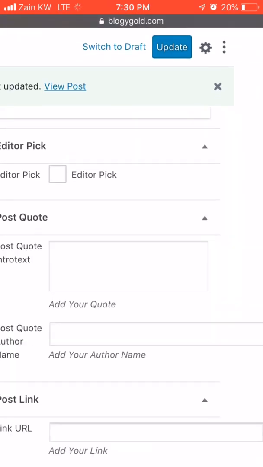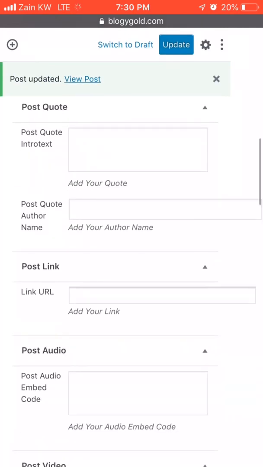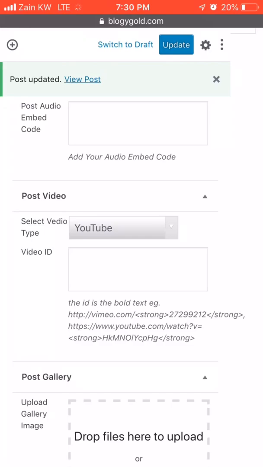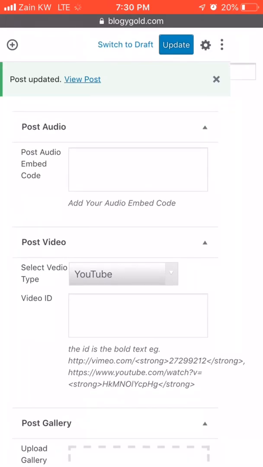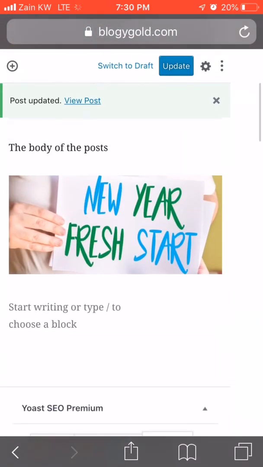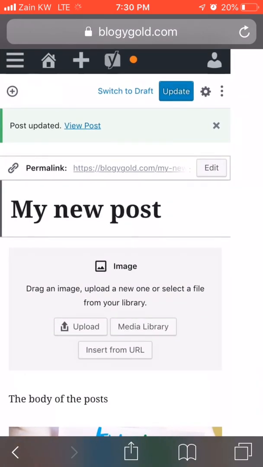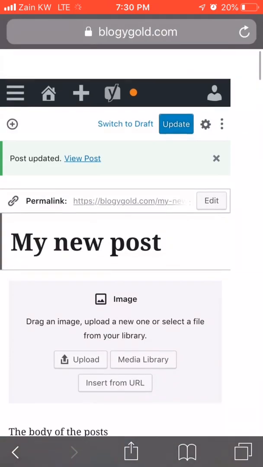So that's all. There is of course a lot of settings here. You can benefit from it. You can add a gallery here. You can add a YouTube channel. Just put the URL for the YouTube, and you can insert the video you have. That's it. This is all about posting and sharing your post on